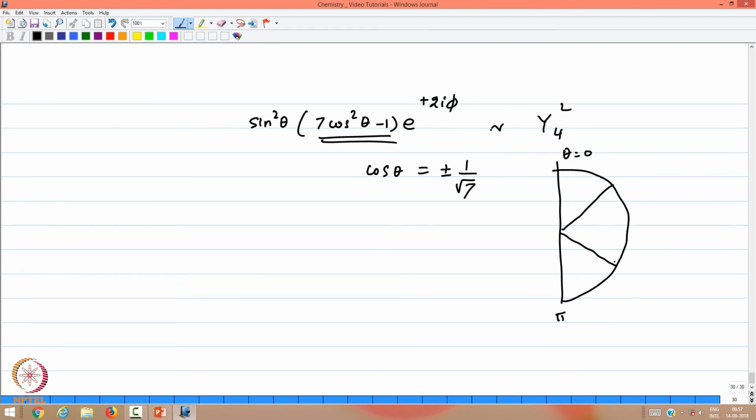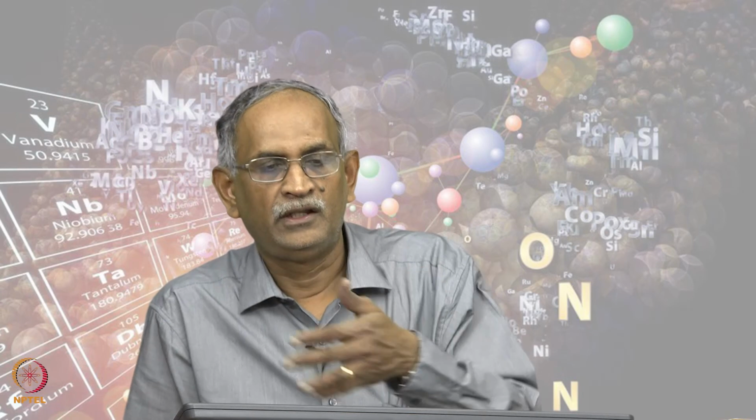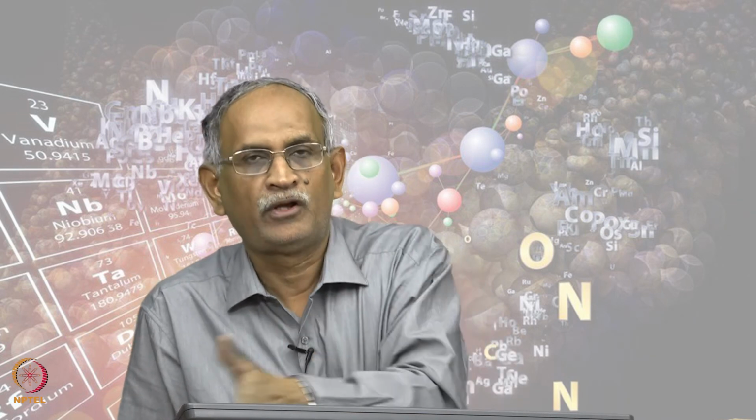The nodes due to the value of phi are cos 2 phi and sine 2 phi, one of them. Cos 2 phi has an angular node between 0 and pi at 2 phi is equal to pi by 2 or phi is equal to pi by 4. Exponential 2i phi corresponds to that phi distribution. Therefore, there are 4 lobes and phi is equal to pi by 4 and phi is equal to 3 pi by 4 are the 2 values for which the real part goes to 0 and then the imaginary part goes to 0 for corresponding other values. So, those are the 4 angular nodes